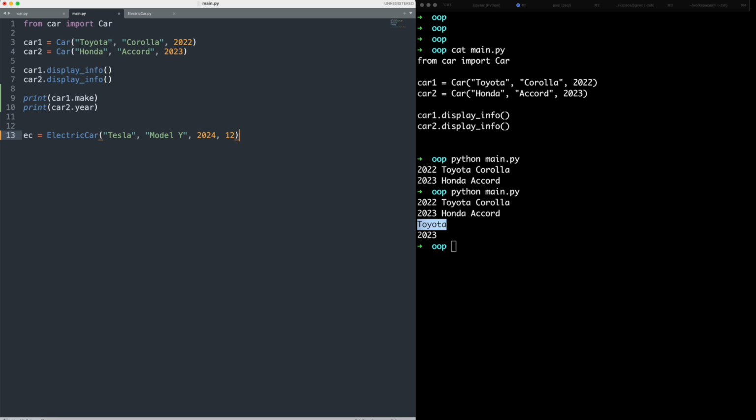We haven't defined if it's hours or days, so let's say 12 hours. And then EC.display_info, so it will print everything about it, but this will not work yet because